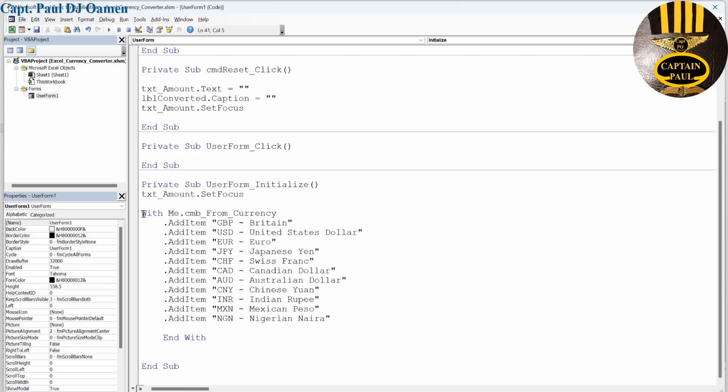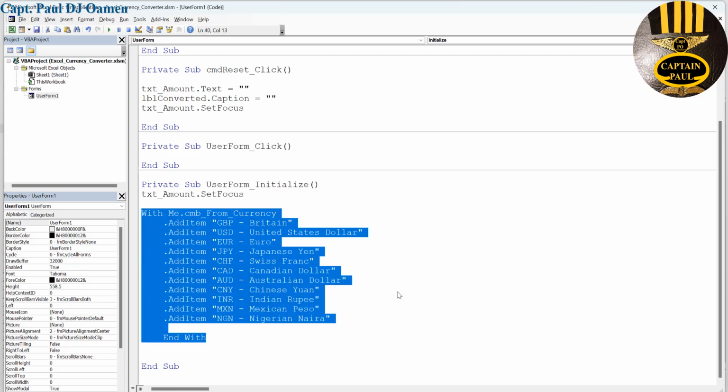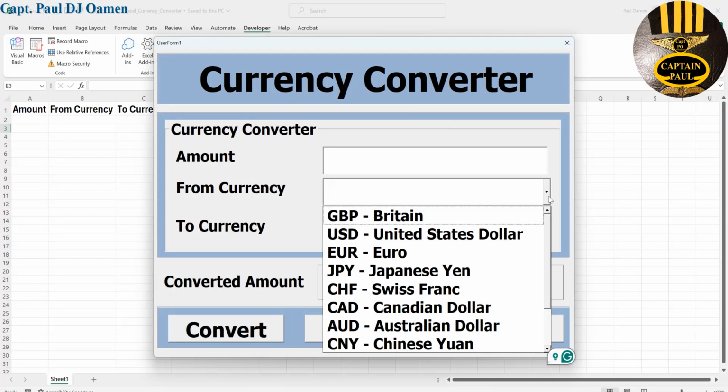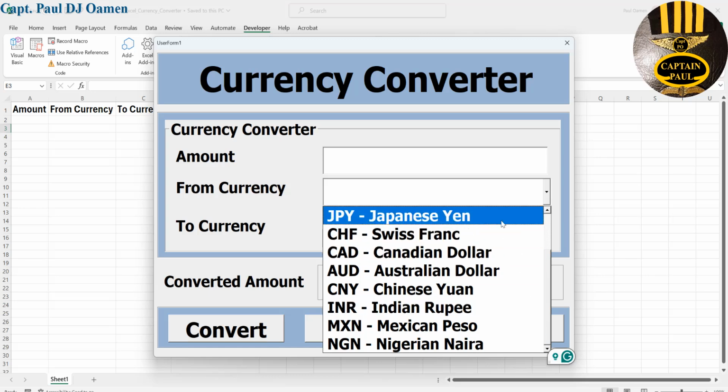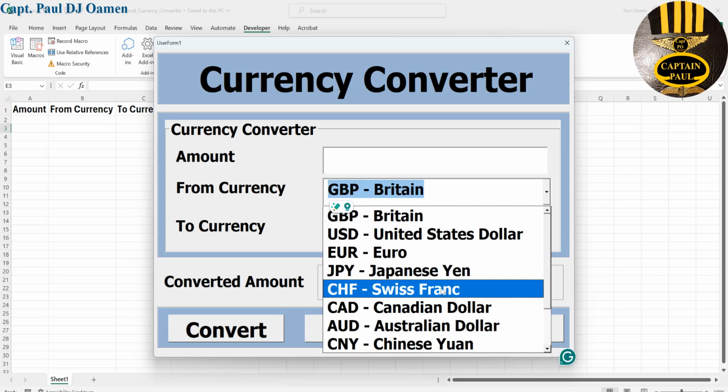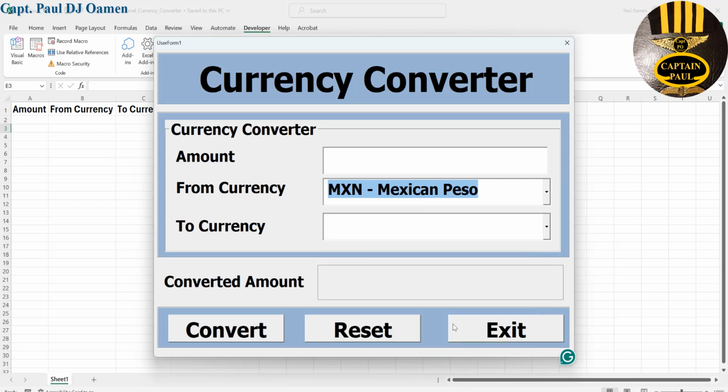That would be for the very first combo box. So if I run it now, check this out, guys. There we go. All you just need to do is select whatever country you want to convert the currency from. So this one, I'm going to do the same thing,